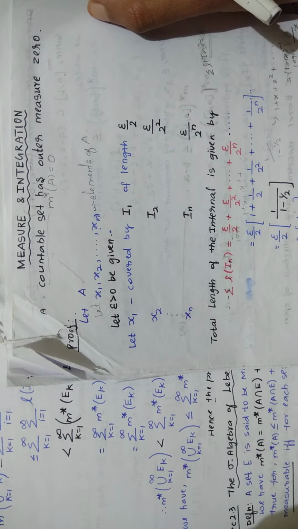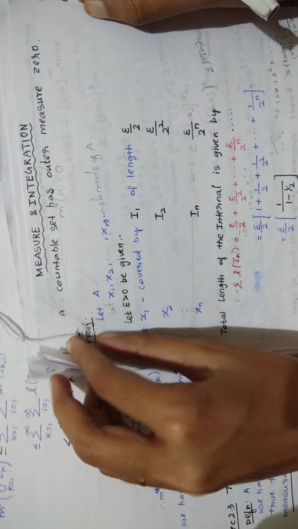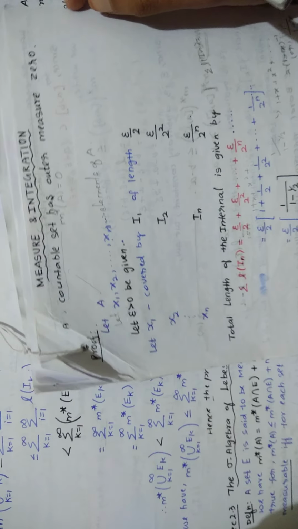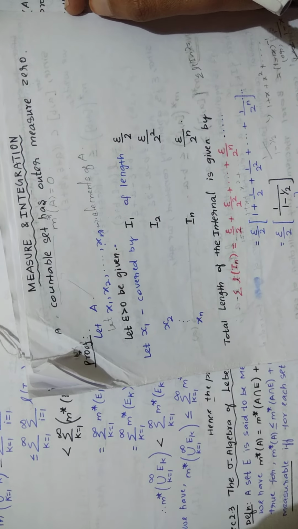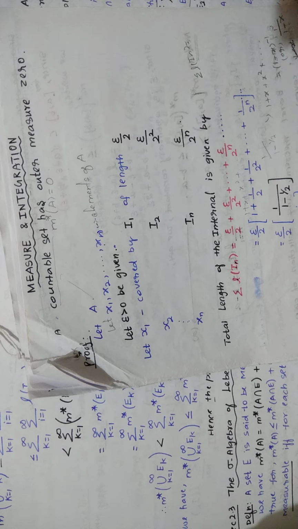I'm going to explain the theorem. A countable set has outer measure 0. Okay. Here is the proof for this statement. To prove this theorem, what we have to do is, first, the statement is a countable set has outer measure